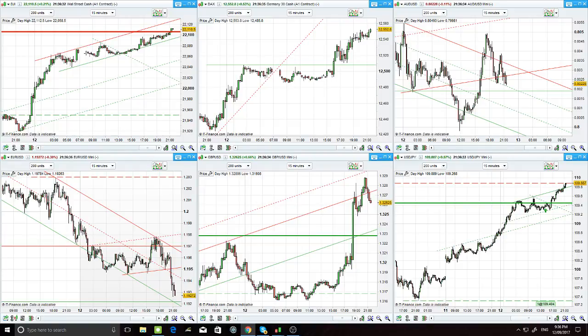Actually, I don't recommend using position size calculators. Just stick with the one lot, then know how much it is per pip in every different pair that you trade. Because if you're trading euro pound, one lot is way different per pip to dollar yen or Aussie Kiwi. So keep that in your mind.